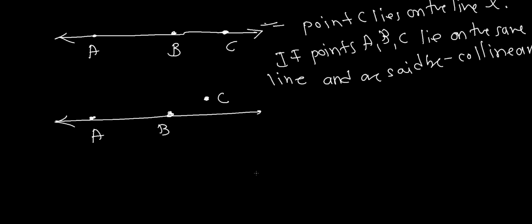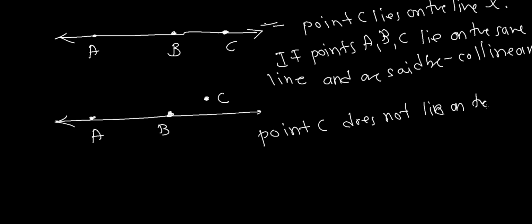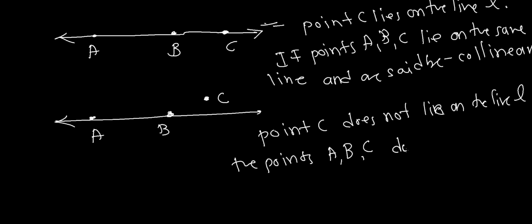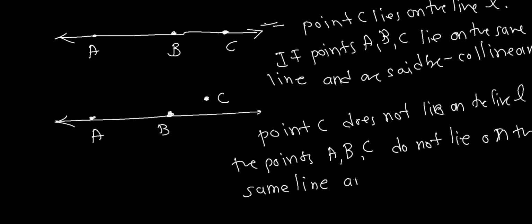And in the second case, point C does not lie on the line L. So the points A, B and C do not lie on the same line and are said to be non-collinear